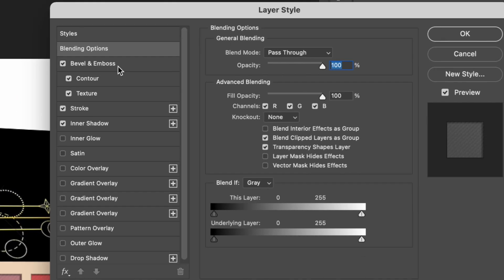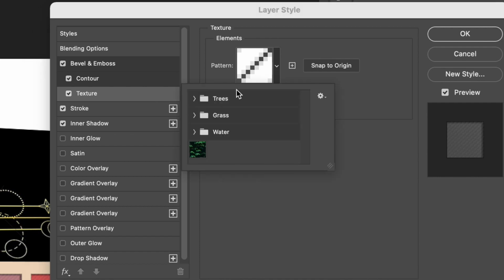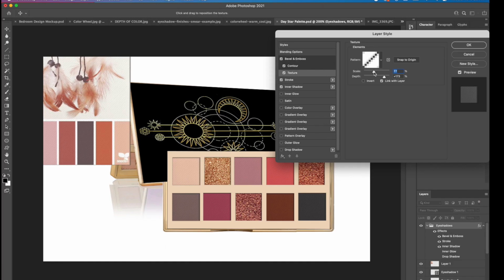all you're going to do is I did a bevel and emboss, contour, and then the texture. I chose this kind of line texture here. I don't know with the new Photoshop update if they have it, but I clicked on that and then I scaled it. Look at the shadows. Do you see how it gets larger and smaller? I just did a small pattern like that to make it look like it had some texture like a natural